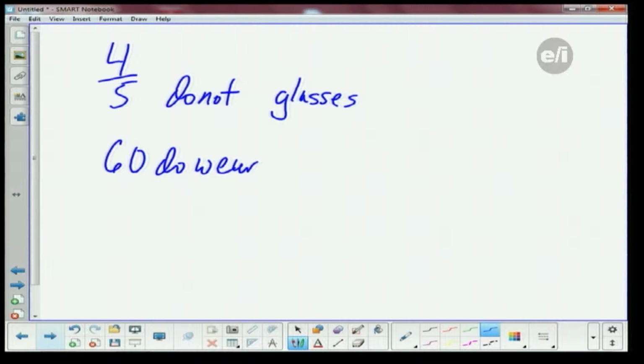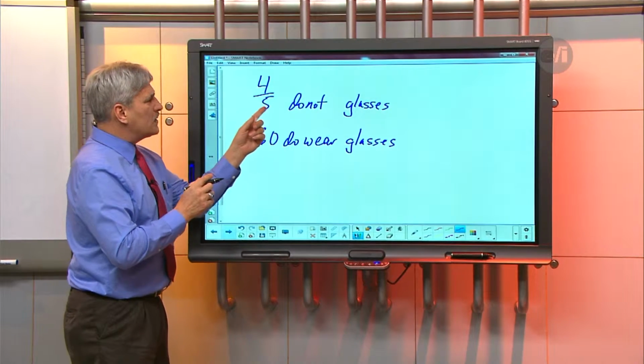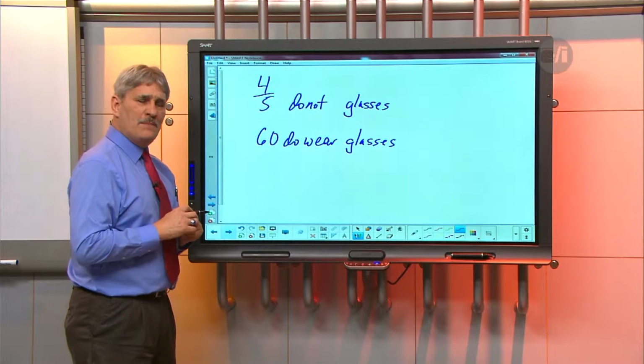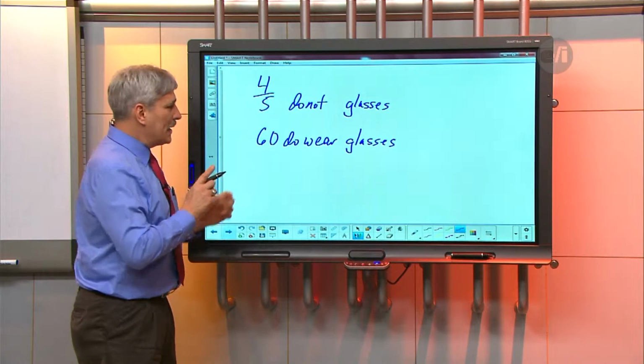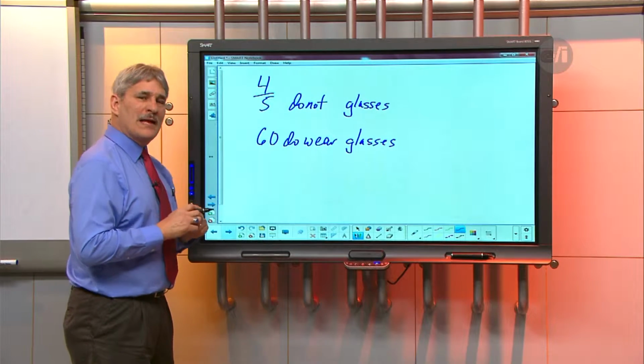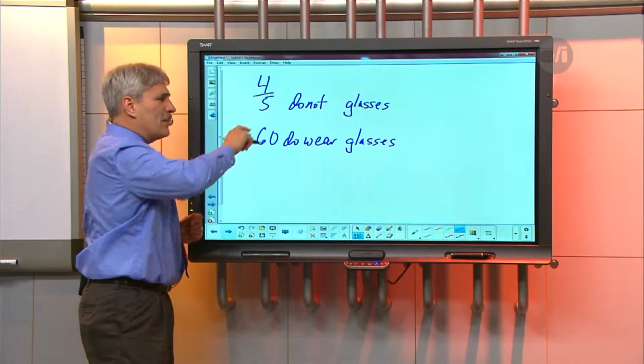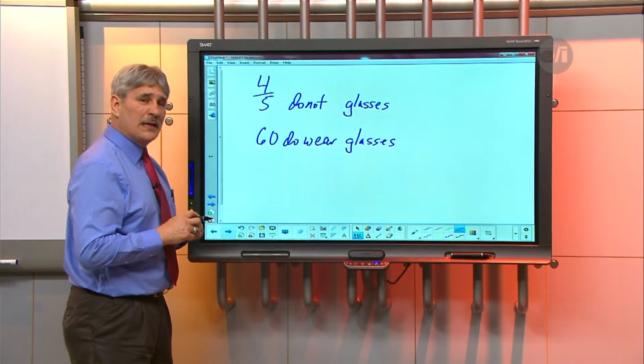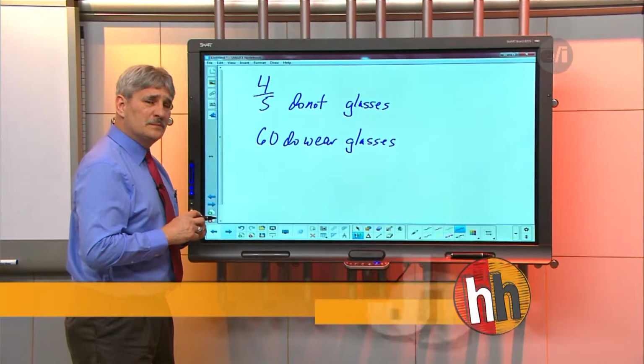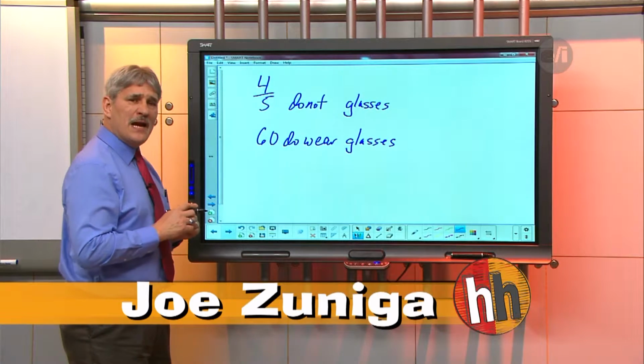Okay, let me make sure I copied this correctly as I was trying to write quickly here. In this elementary school, I misnamed the school, but that doesn't matter for what we're doing. The 4/5 of the class do not wear glasses, right? Yeah. Okay, but we know that 60 do wear glasses, don't we? And that's the trick part. They told us how many do, not how many don't, but we want to know how many kids there are altogether? Yes. Okay, now have you been taught to do this with a tape diagram?